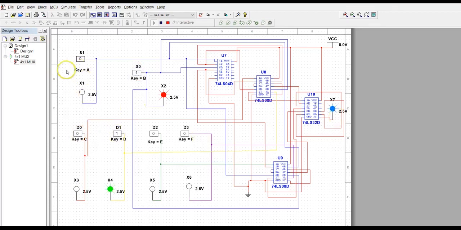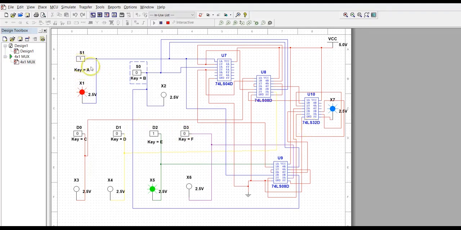Let's move to the third combination. If I give S1 1, S0 0, D0 0, D1 0, D2 1 and D3 0, I'll get an output 1. Let us move to the fourth combination.